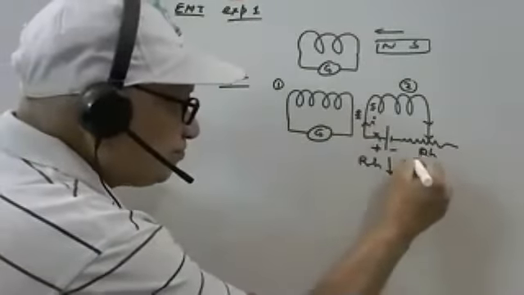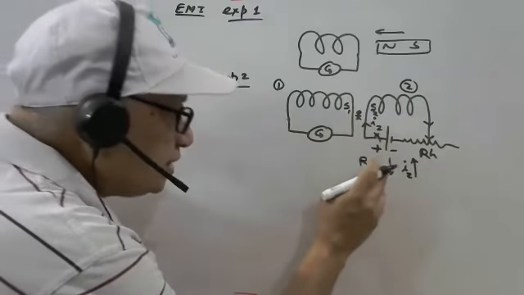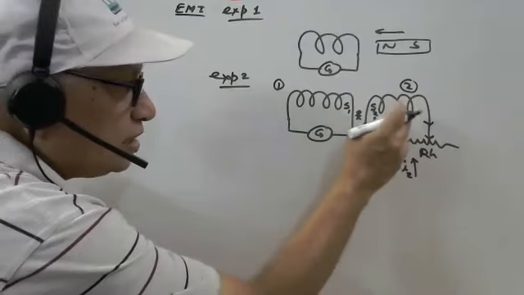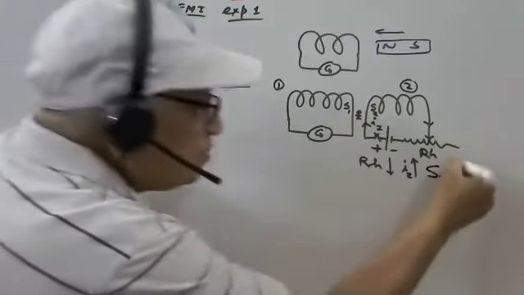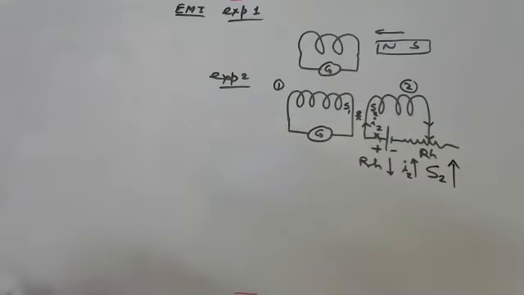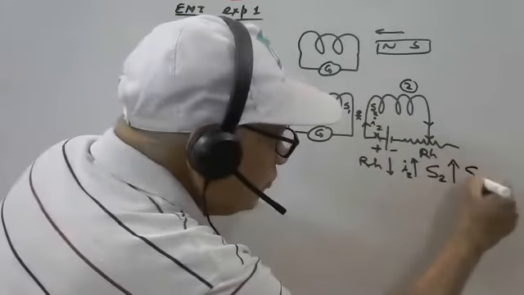any change. So what will happen here? South pole might develop in solenoid 1. I am taking the suffixes 1 and 2 for the currents so that it's clear whether we are talking about solenoid 1 or solenoid 2. If you decrease the resistance, current in solenoid 2 increases, so the south pole in solenoid 2 becomes stronger. Just to oppose this action as per Lenz's law, in coil 1, S1 develops.